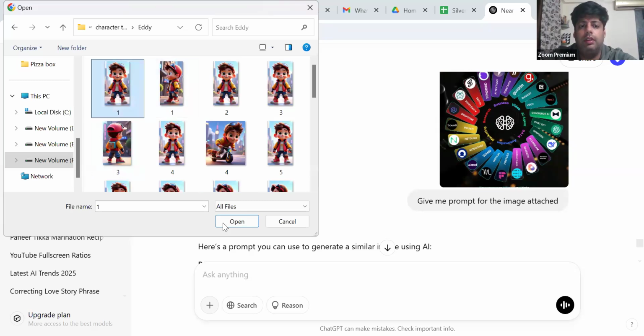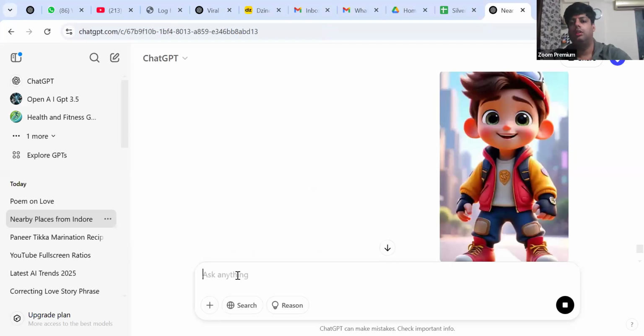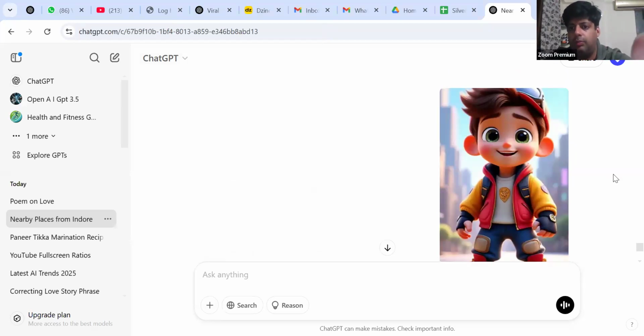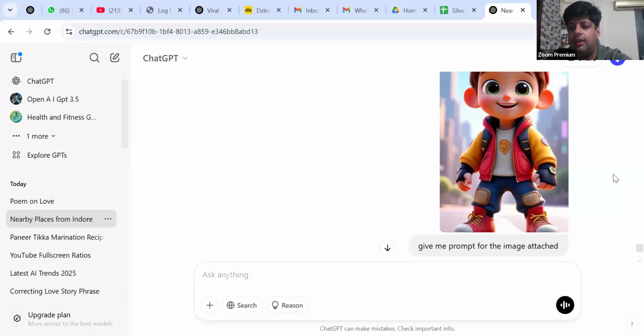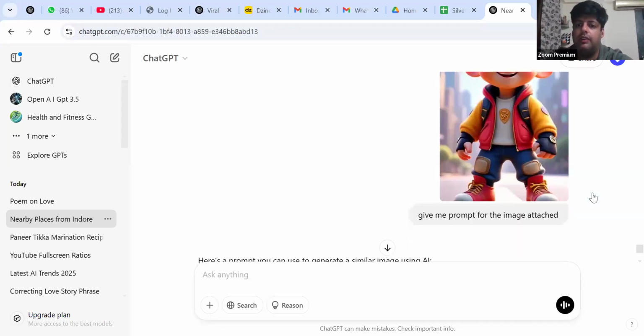Suppose I'm taking this. Clear? So give me a prompt for the image attached. You should first see what things are there, what its facial features are of this cartoonist boy named Adi I have given, and what kind of color combination is there in the dress.